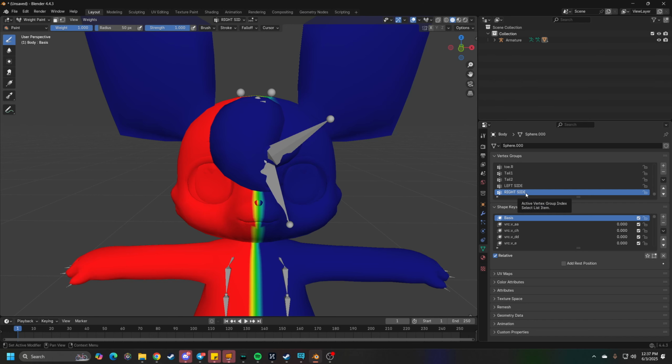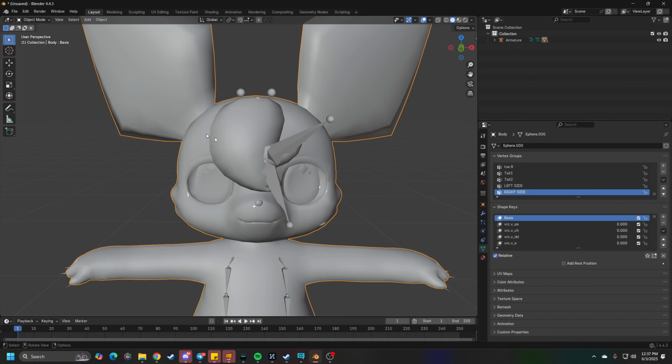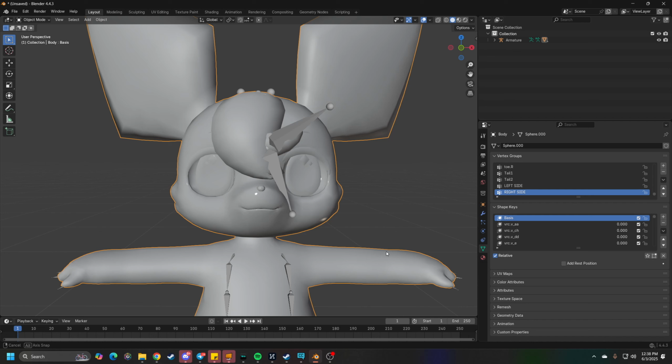So now we should be good to go. So we can go back to object mode. And if you look at whatever, go to the blink shape. Alright. So basically, the reason I'm doing this, for context, is because there's an eye close,